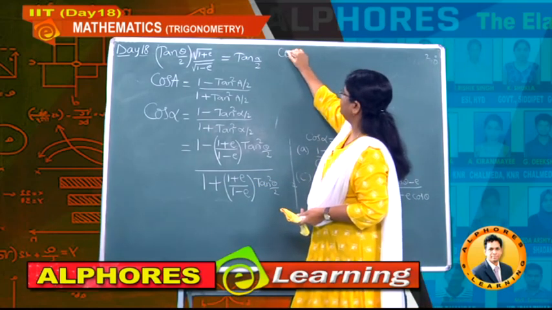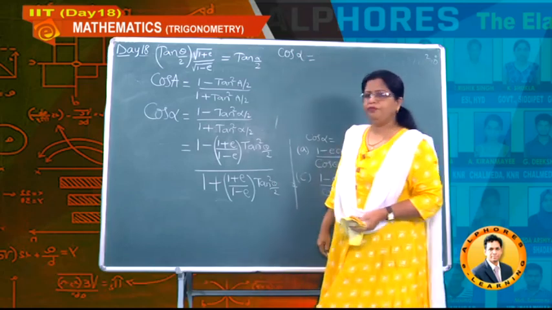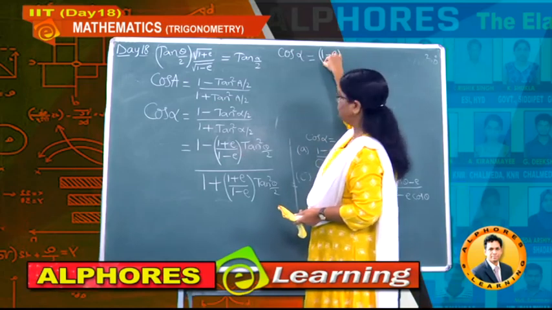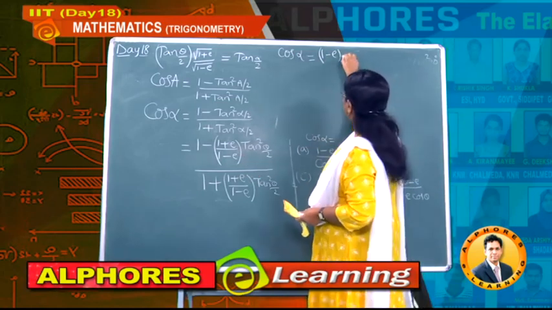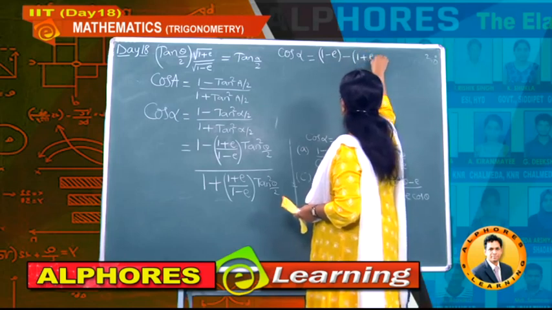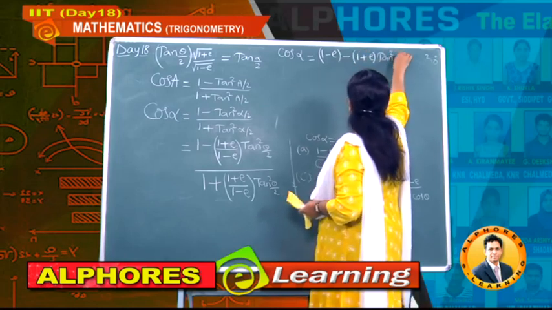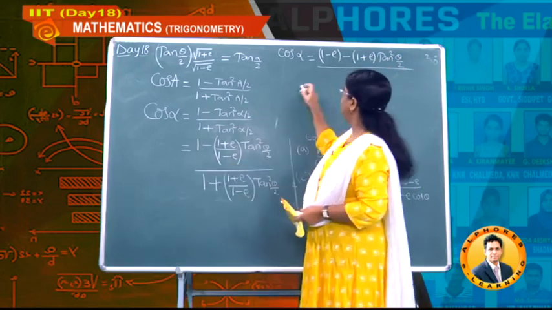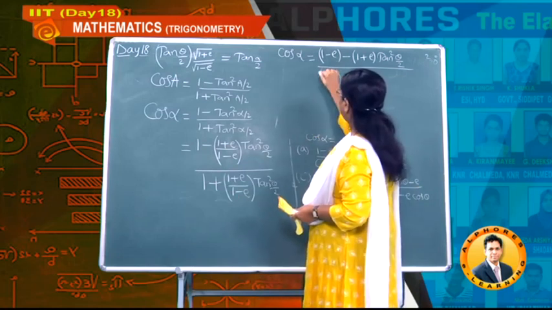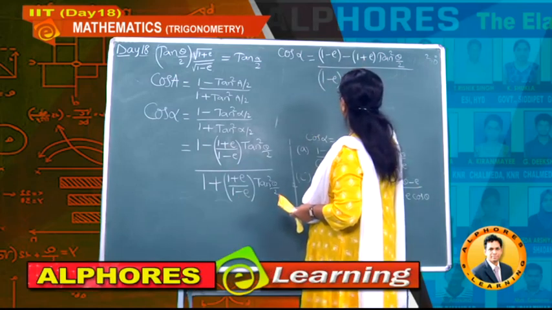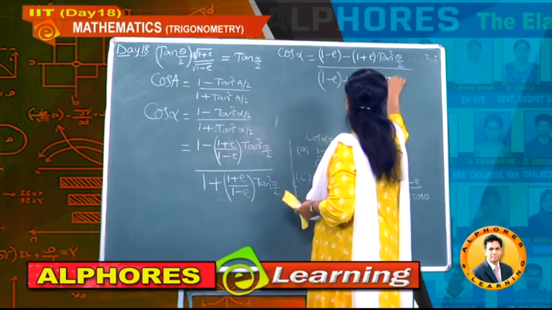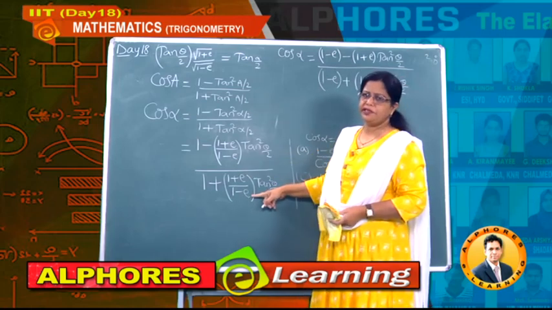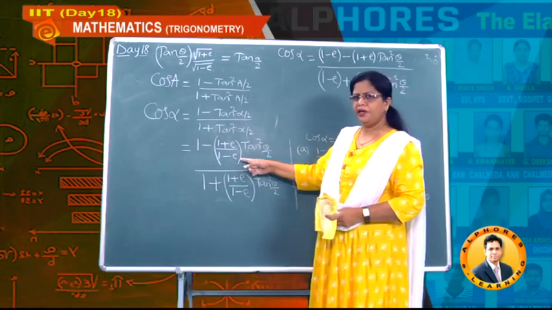Now if I take this, this is equal to how much? Cos alpha you are having on this side, and is equal to, now observe, if I take the LCM, then this is 1 minus e and minus of 1 plus e, and into tan square theta by 2, and whole divided by, now you will get 1 minus e here, and the only difference here is minus; here you are having the plus symbol, 1 plus e into tan square theta by 2. Now this 1 minus e we took as LCM, therefore those values get cancelled.